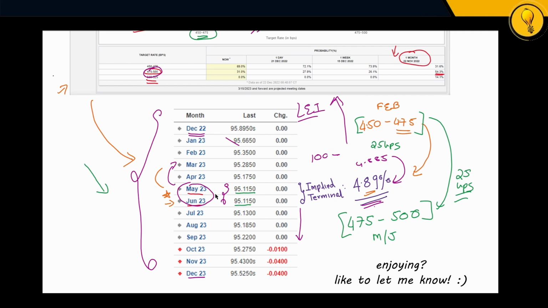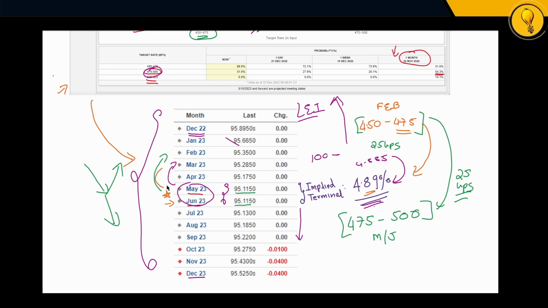Now, we don't know if that's going to come true or not. So this is the current market expectation, okay? It's really, really important for you guys to understand what the current market expectation is, because any change in behavior from this expectation is either going to cause a push in the market or a downside in the market, right? So a push up will happen if all of this data starts moving upwards, right?